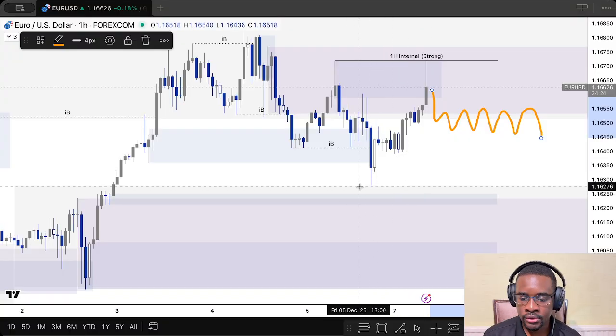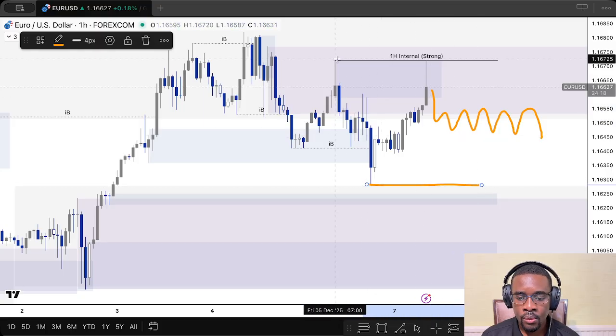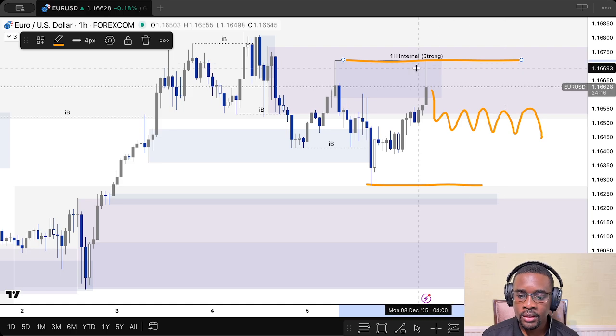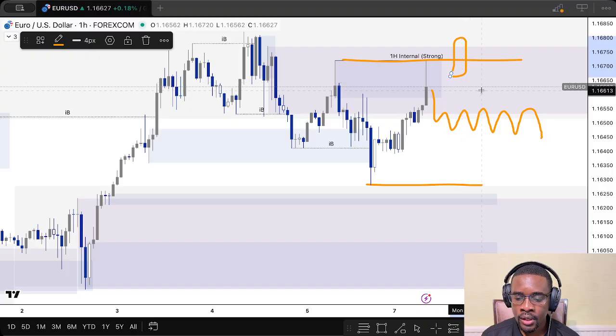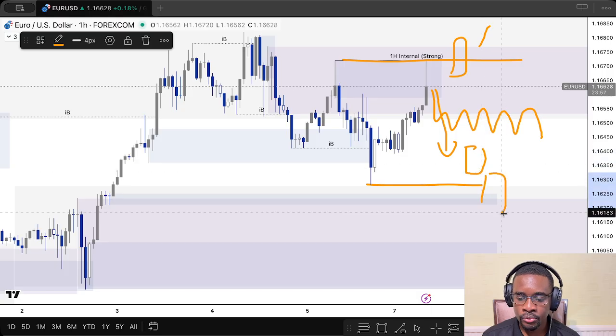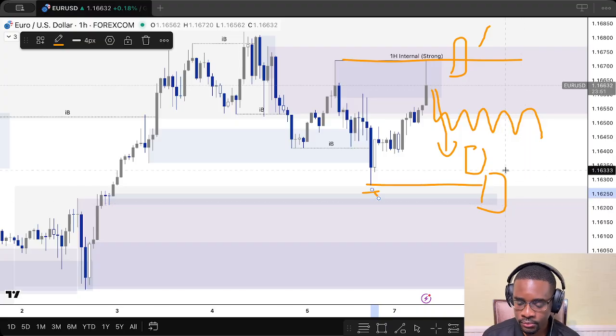We're waiting to see clear structure breaks. So either this low goes, or this high goes. If that high goes and we have a strong bullish candle, then it means we are now going bullish. If this holds and then price starts printing candles to the downside, and we break this low, then that means we're likely to be pushing lower, to at least mitigate this if price is to then continue bullish.